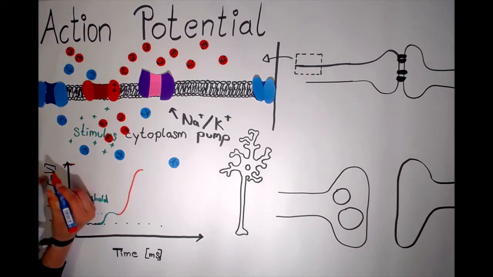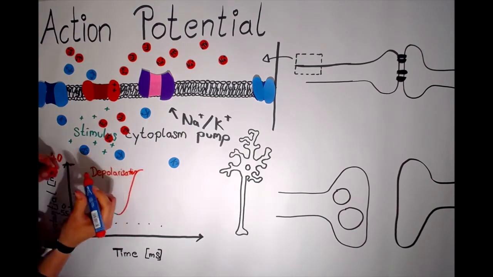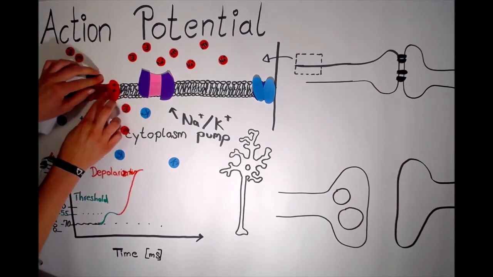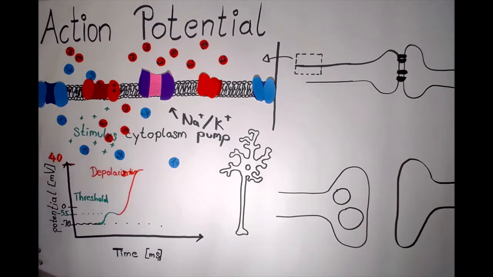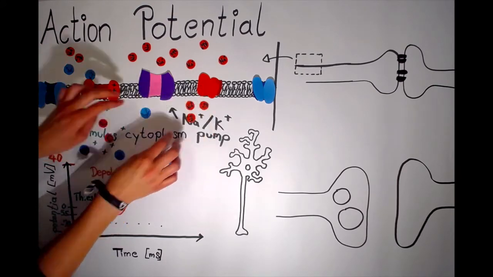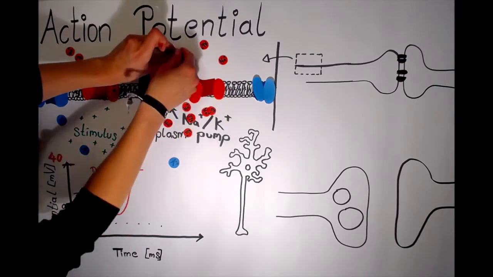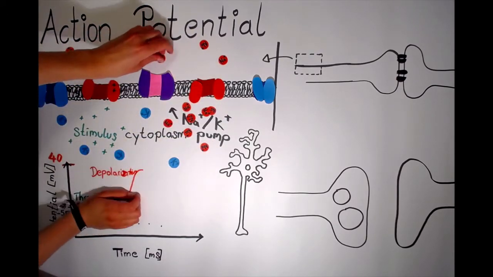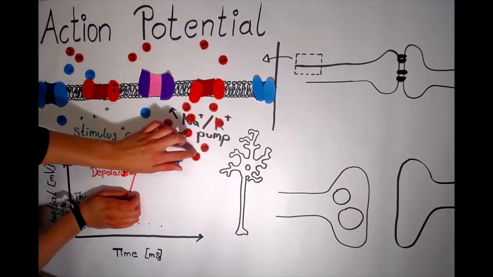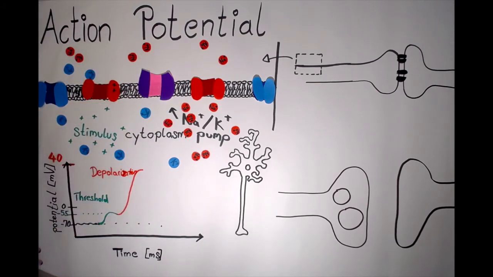This depolarizes the membrane, raising the membrane potential to around positive 40 millivolt. As you were probably thinking already, this inflow of positive charges triggers the neighboring voltage-gated sodium channels to open, resulting in signal propagation. This signal cannot travel backwards, because at the site where the stimulus was first received, the sodium channels are quickly